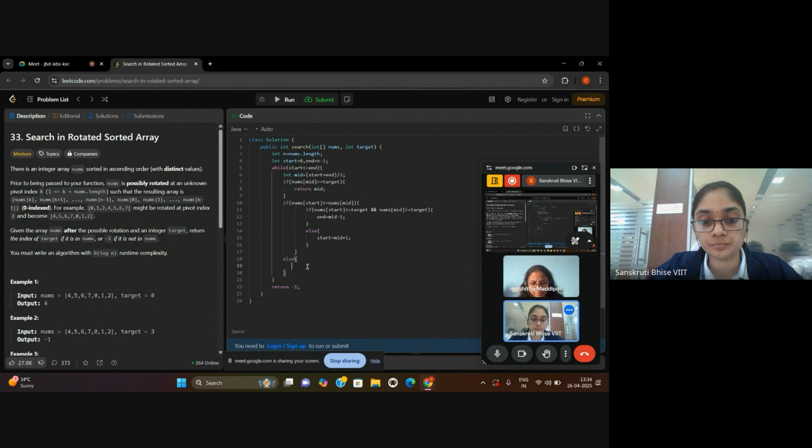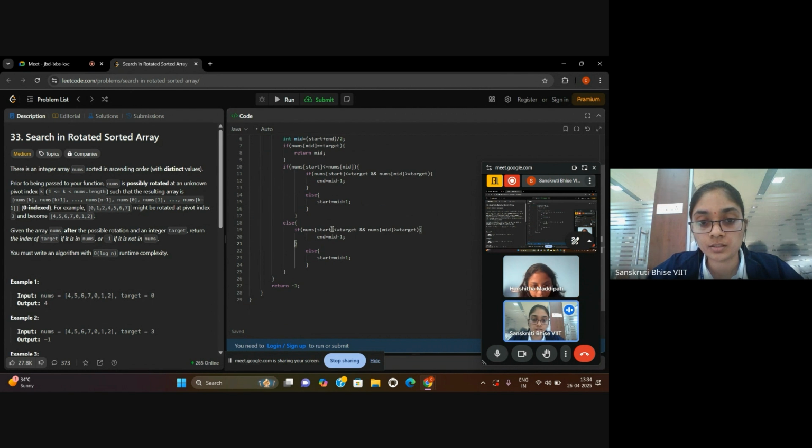Else, the left to right one will be the sorted part, and I will be copying this, and here I will be checking if it is greater, and this will be my end.